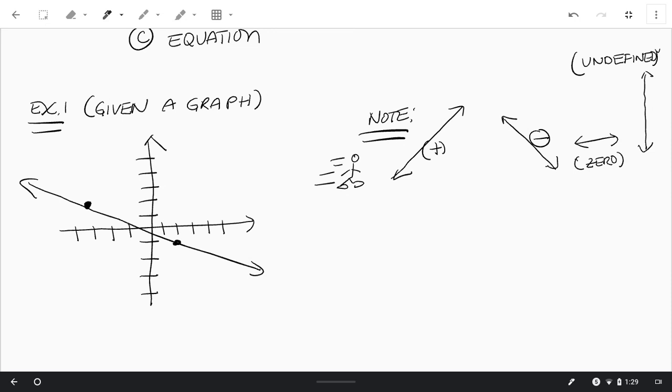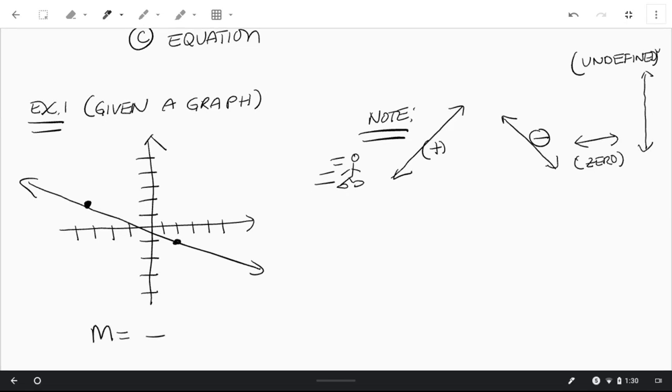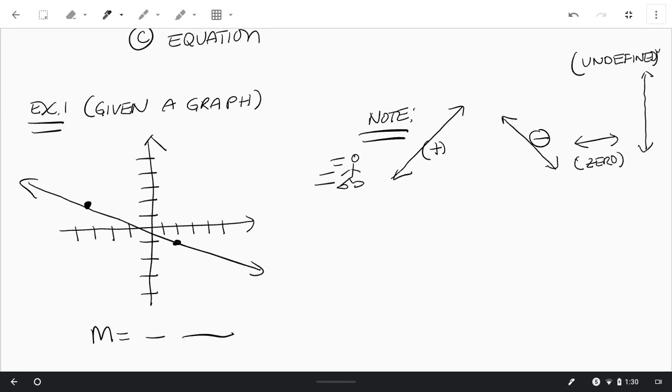Okay. All right. So going back to our graph over here on the left side of the screen. So this would have what kind of a slope? Positive, negative, zero, undefined. Okay. Good. You should have said negative. So our slope is going to be negative. And then what we want to do is we want to count the rise over the run. Okay. So between these 2 points, we want to see,